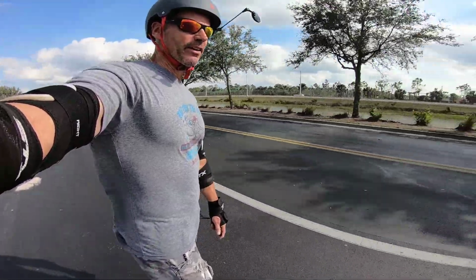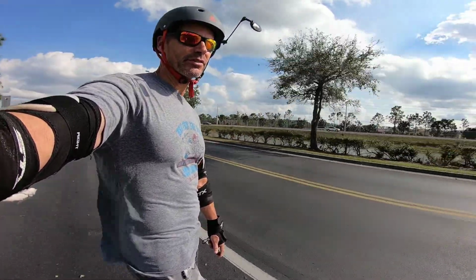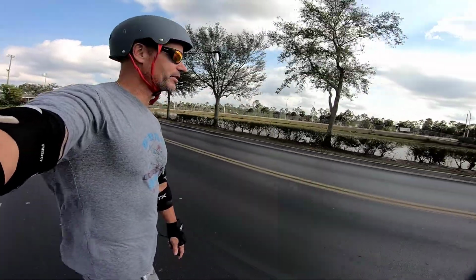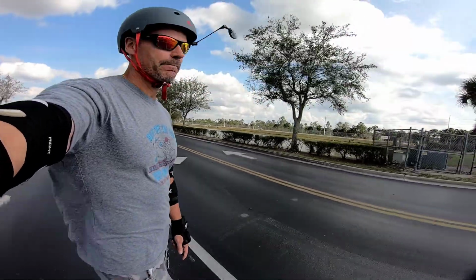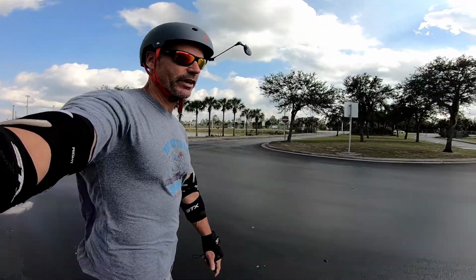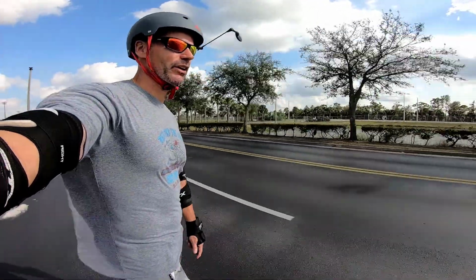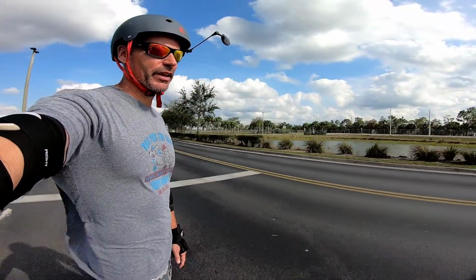The Meepo NLS, I just don't see it being worth 50% more than the standard Meepo. It just does not have enough positive features, if you ask me. Paul, who's another big Meepo YouTuber, he did some testing on the NLS, and although I don't know that he wanted to outright say it, I kind of got the feeling that he was underwhelmed as well. Test-wise, as far as range, well, I don't think he's done range. No, he did do range. The NLS really was not a better performer in any regard, so I don't know. It's more stylish, I'll give it that, but other than that, I can't really think of a compelling reason to